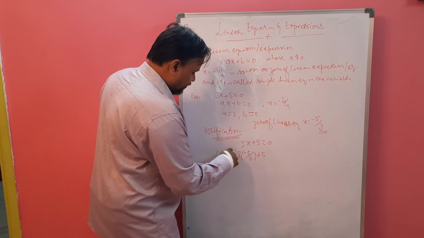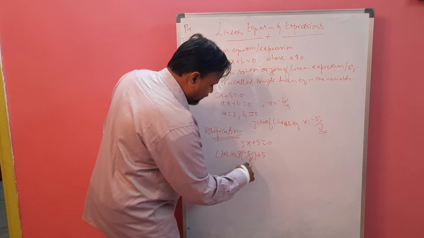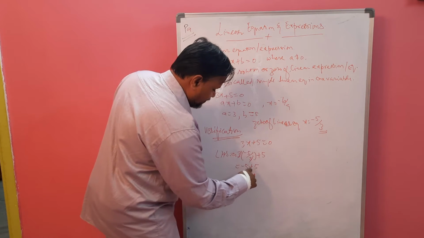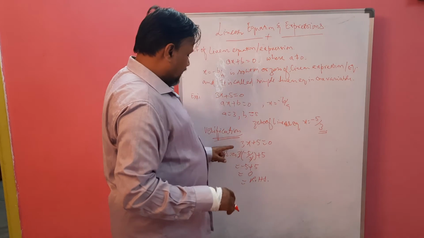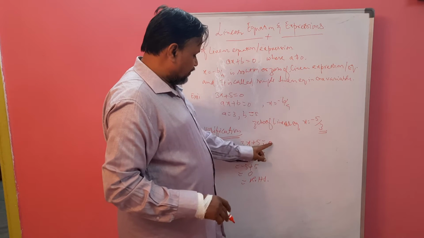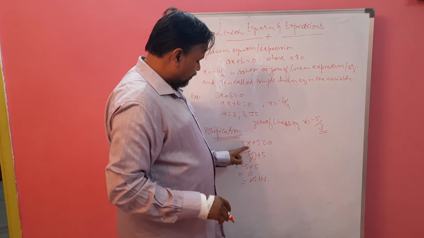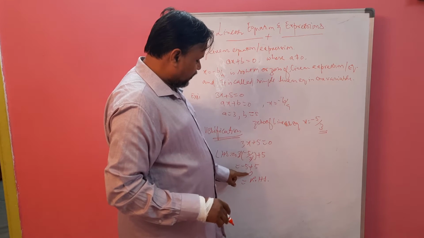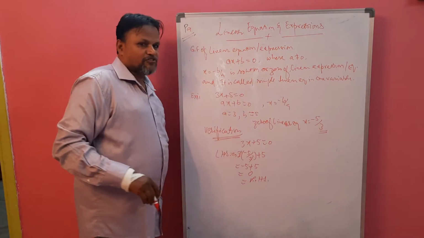Our given equation we are taking this. So 3 gets cancelled. What we have? Minus 5 plus 5. This is how much? 0. So right hand side is also 0. So this is nothing but the right hand side. That means at x equal to minus 5 by 3, the whole equation equal to right hand side, or 0. So with this value, minus 5 by 3 makes this expression or linear equation 0. So minus 5 by 3 is called 0 of the linear equation.